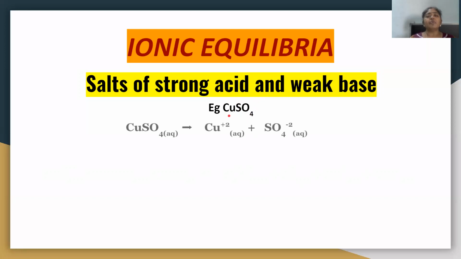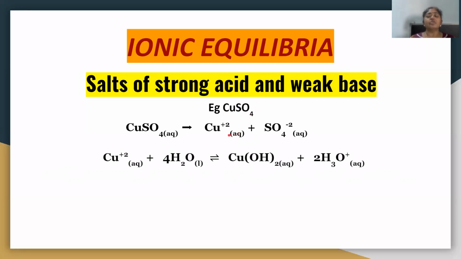So what happens when I put this copper sulfate in water? Initially, it will ionize to form cupric ions and sulfate ions, the Cu+2 ions and the SO4-2 ions. Now these are present in the solution. The solution also contains water as the solvent. So what will happen in the water? Again, these ions are going to combine with the ions of water. That means the Cu+2 and SO4-2 ions will react with the H plus and OH minus ions that are present in the water.